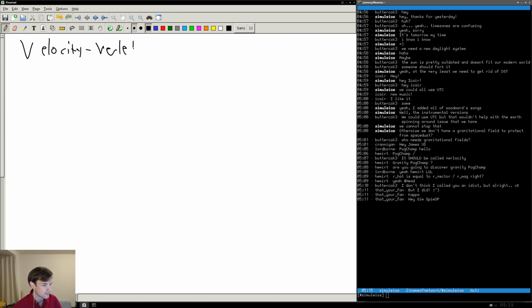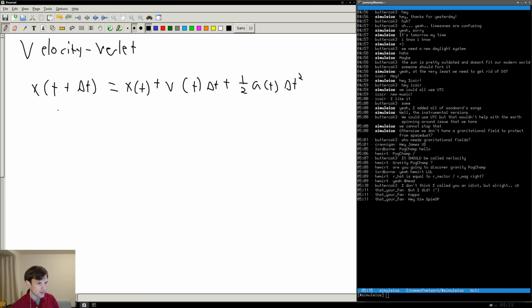Verlet algorithm. Okay, so one way we can do it is this. So we do x of t plus delta t is going to be equal to x of t, which is the current time step, plus v of t times delta t plus 1/2 a of t delta t squared, right? And then we say